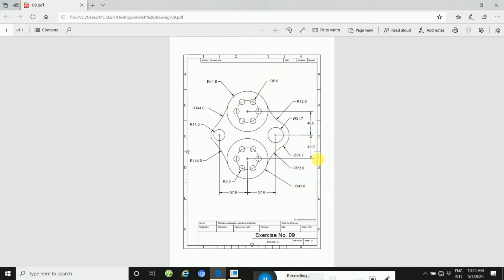So let's see how to draw this drawing in Creo Parametric. This is very important. If you want to learn this Creo software, you need to practice more in Creo Parametric, then you will achieve your goal. This is an industrial drawing I will prepare for you. This way you will slowly go to a higher level. So let's start.